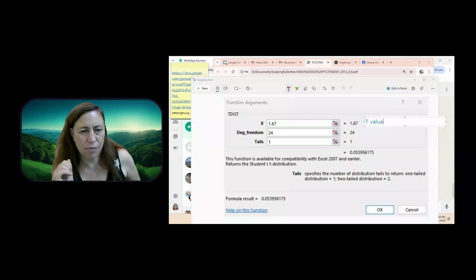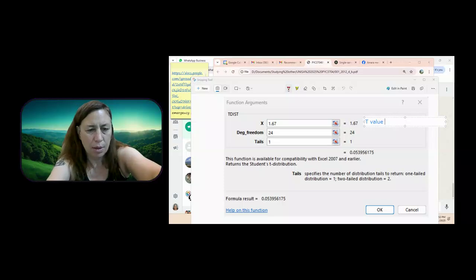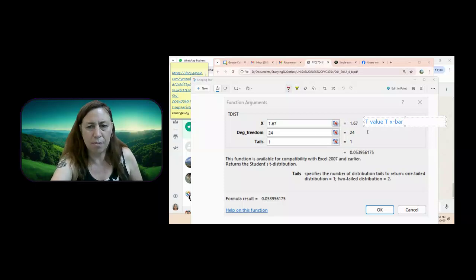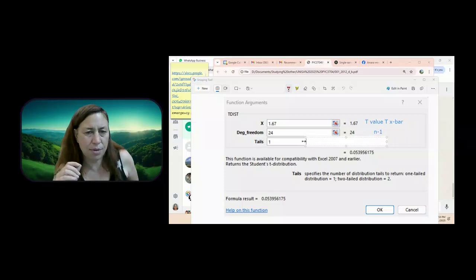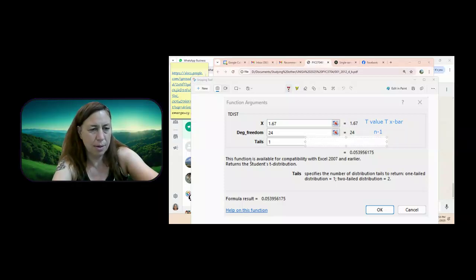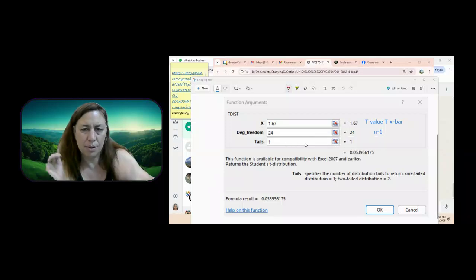That we just got from that formula, the tx bar, right? I'm just going to write it like this. All right, degree of freedom is n minus 1. All right, so that's easy. Tails, here it's just less than or greater than. So if it's one tail,